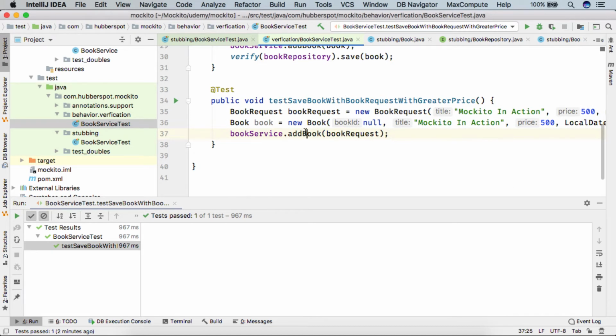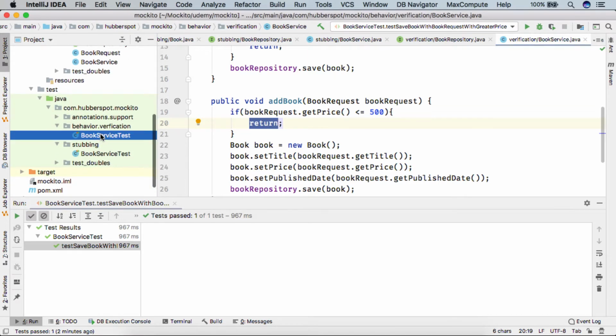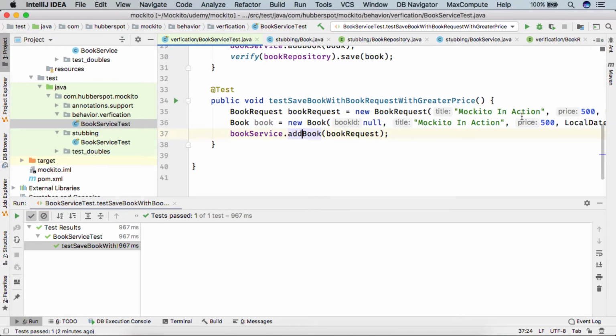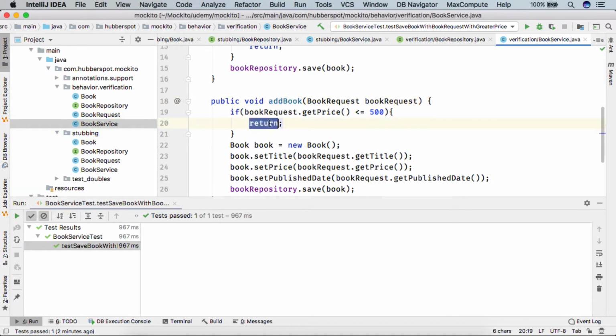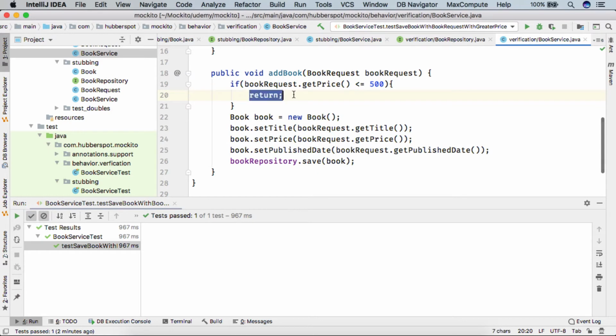So after calling this add book method, how can we verify whether the save was actually called or we simply returned from here? We know that the price of book is 500, and when we call add book method, we should have returned from here. But how can we verify that we actually returned from here and not after executing the save book method?